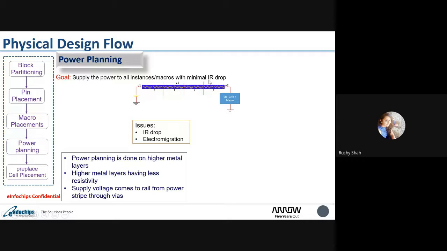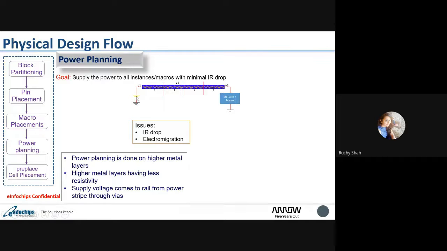When I say IR drop, it's a drop in your metal. And we all know that metal is nothing but a combination of an R and C network. If we talk about a small part of metal, it will have some resistance and some capacitance with your substrate, right? So we can think of it as a combination of an RC network only.